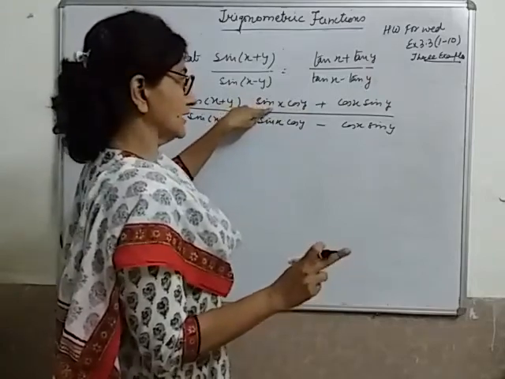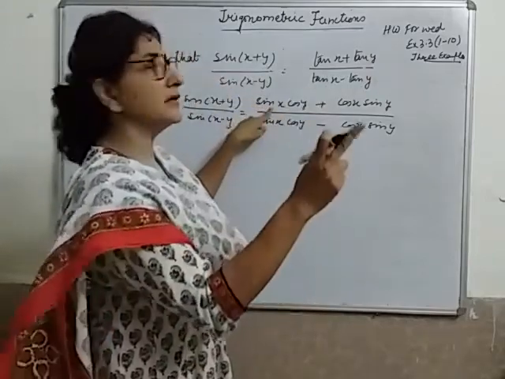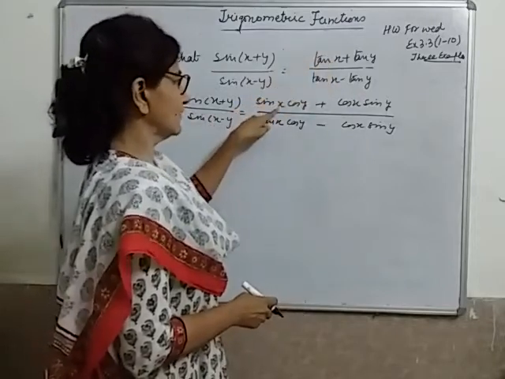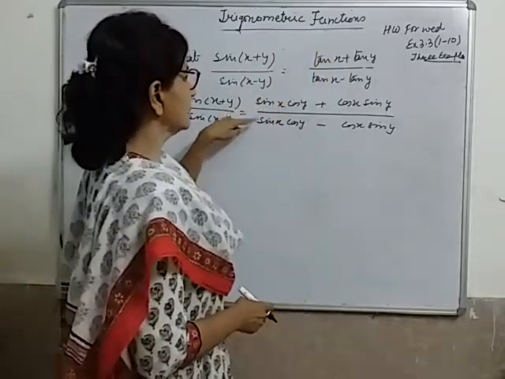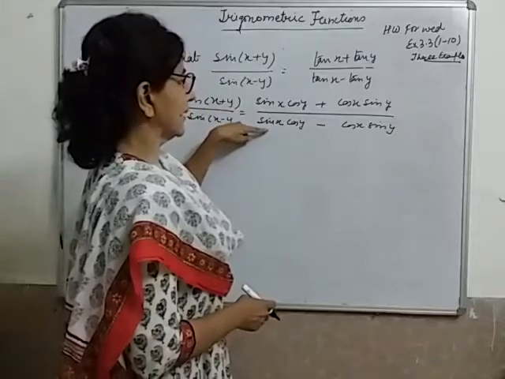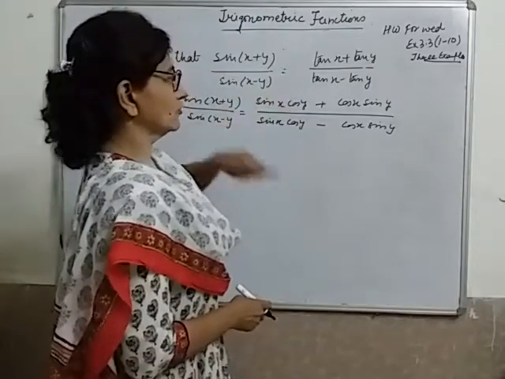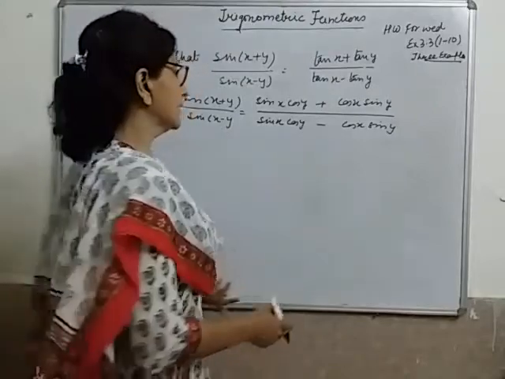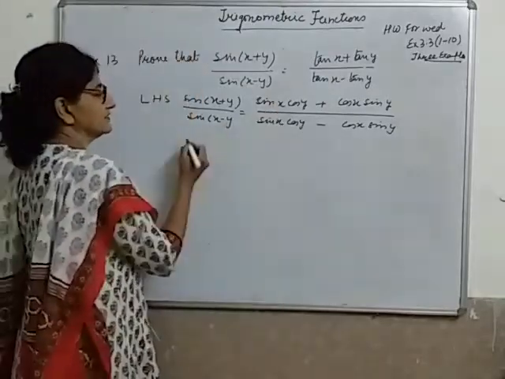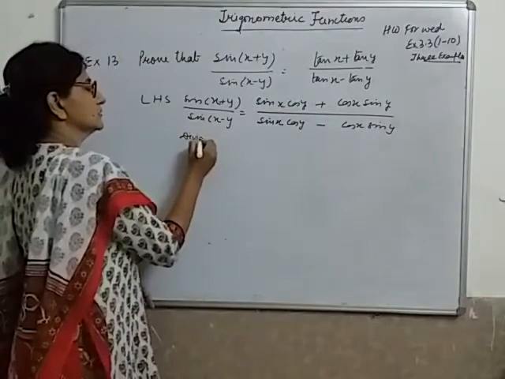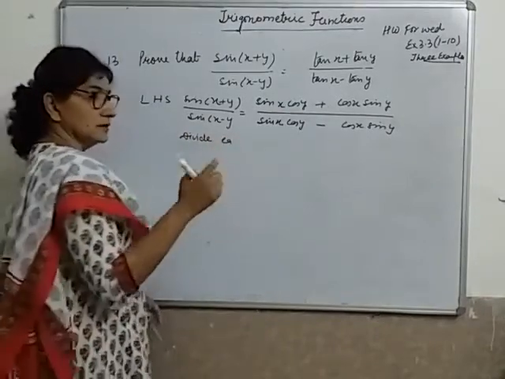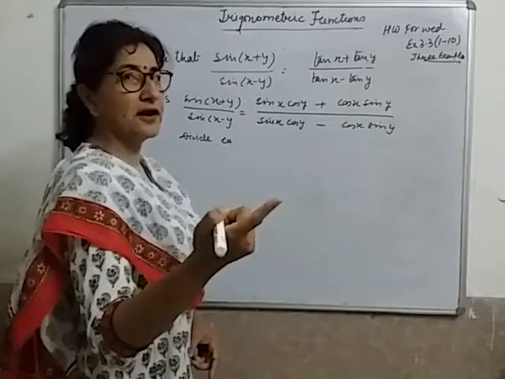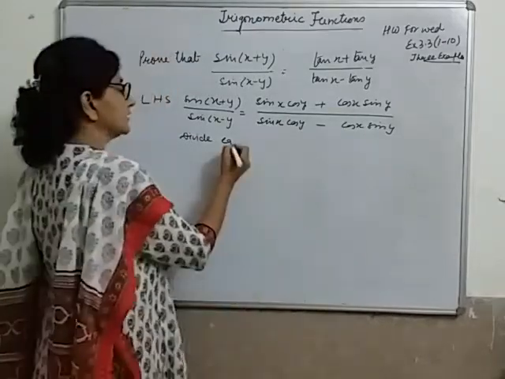Is that okay? Clear to everyone? This is how the thinking process should be. I just want one term here and that is also of x. Sin will become tangent when I divide it by cos x and this cos y is not required. So let's give it a trial. I don't know whether it will work or not, but let's give it a trial from the first term. Divide each term. See, that is for sure. Whatever we do for one term will have to be done for every term in numerator and denominator.